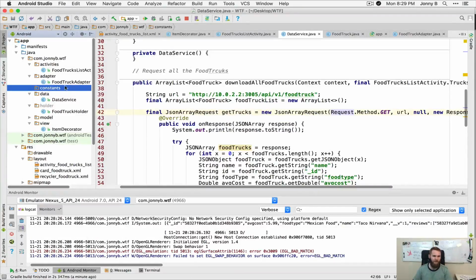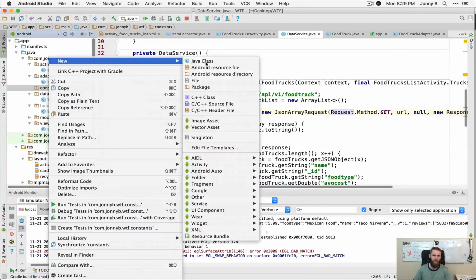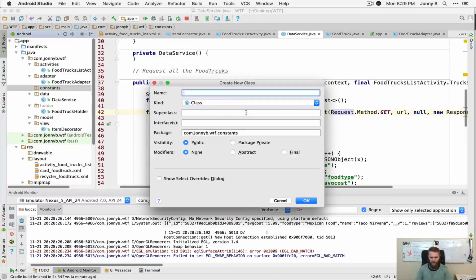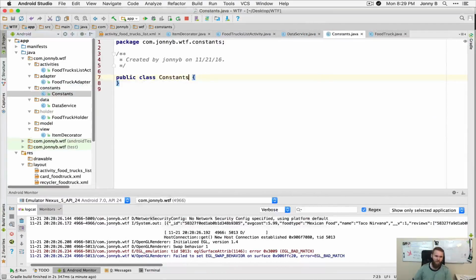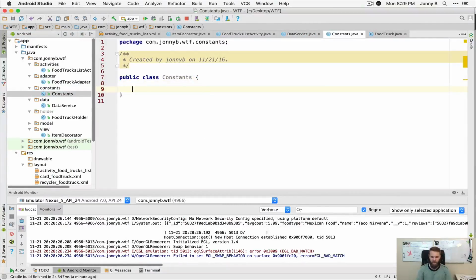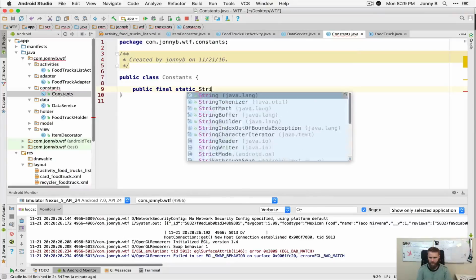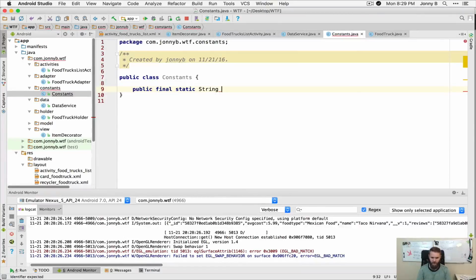And inside of constants, I'm going to right click. Right click, new Java class, and I'm going to call this constants. And I'm just going to say public final static string, and let's call this get food trucks, and that is going to be equal to our